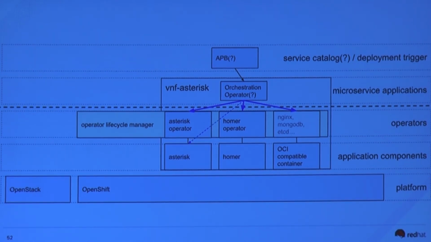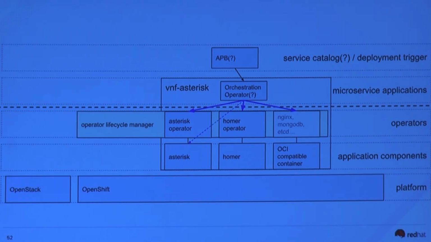So this orchestration operator operates against all of the other operators, creating maybe some CRs, maybe making entries into databases, maybe reloading modules, all of those operational things